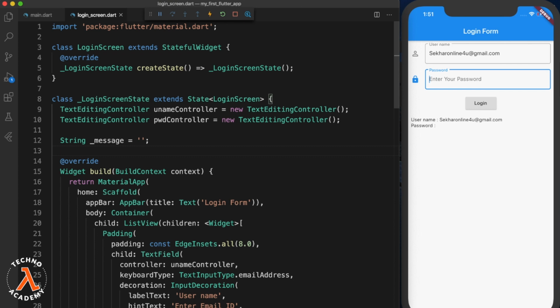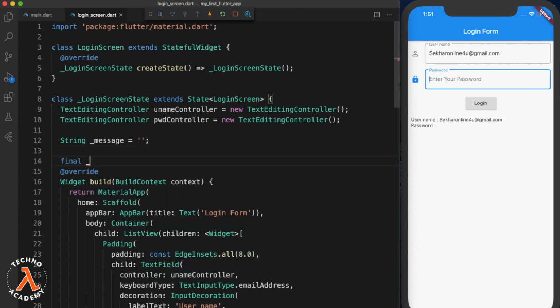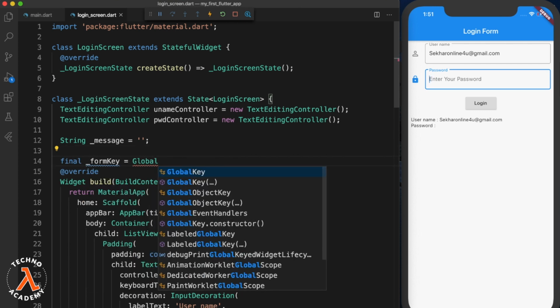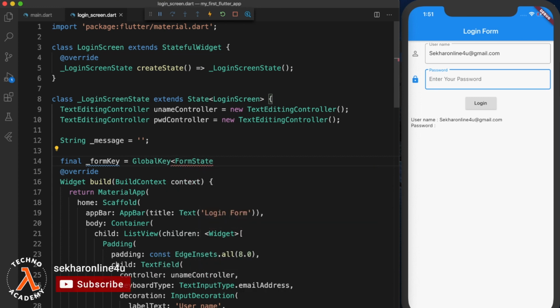Now, the first step we need to perform is to define a global key variable for the form state. So, within the login screen state class, let me type in final _formKey equal to GlobalKey of FormState. One important point to remember here is that the GlobalKey class is used to provide a unique key across the entire application.